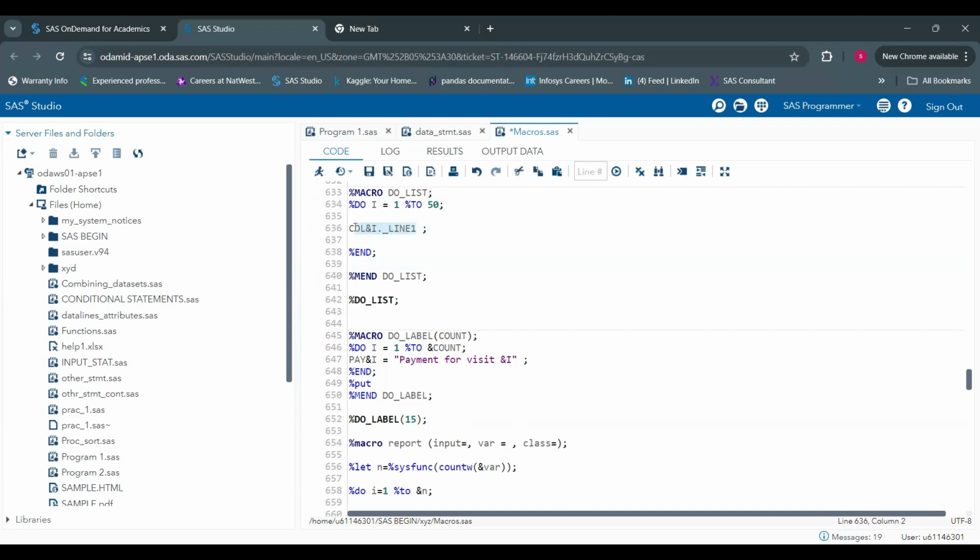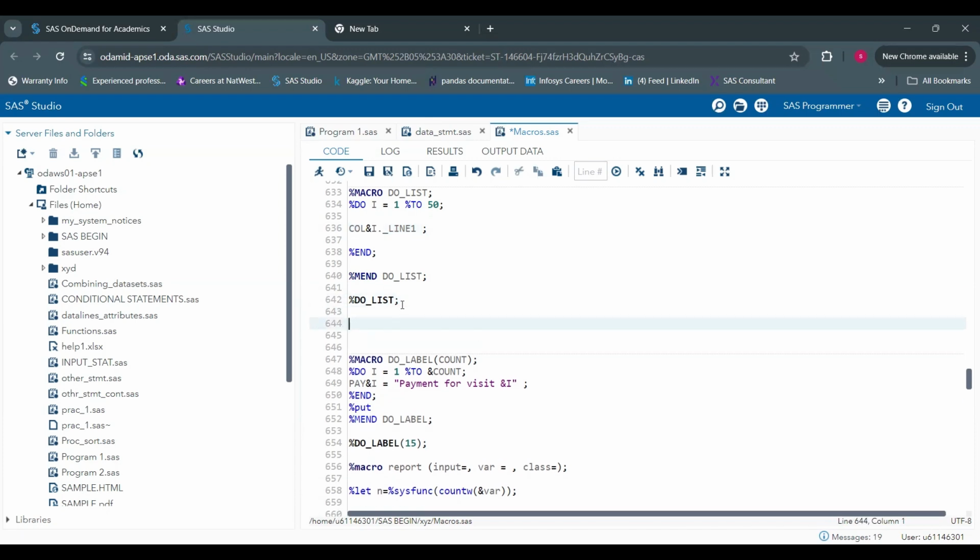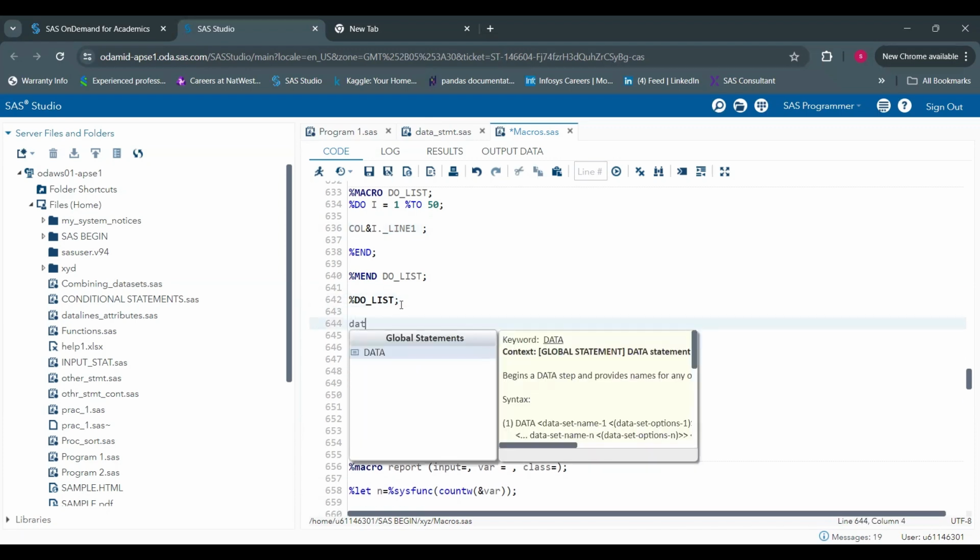So in this way, if you directly mention this particular percentage do list in any var statement, I get the variables 1 to 50 once we run this particular code. You got it right, ma'am? For example, if I create